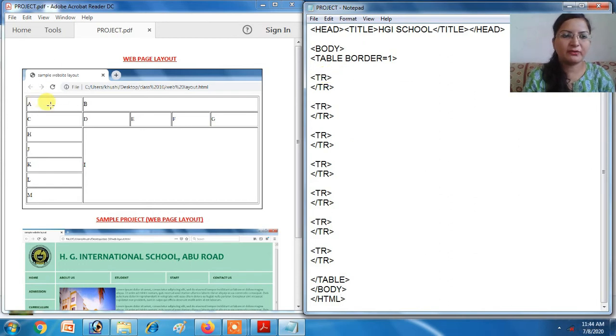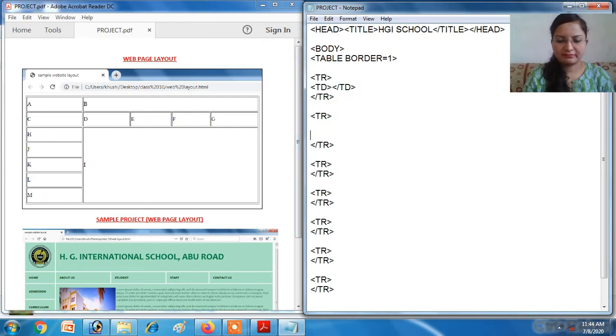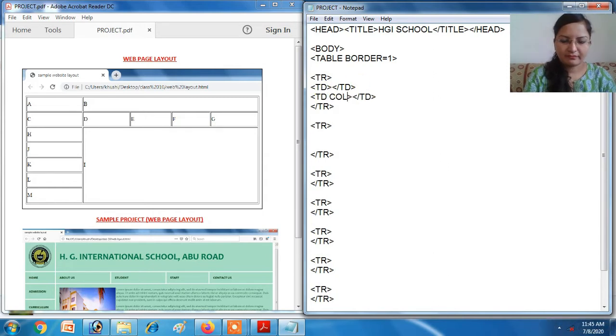In the first row you can see there are 2 TDs. The first TD is simple, and the second TD you can see is spanning 4 cells horizontally, so there is colspan 4. So fill TD, here also TD, copy it, colspan equals to 4.